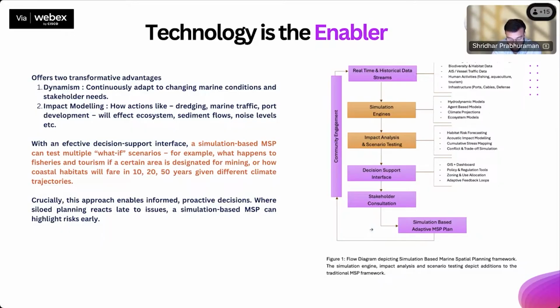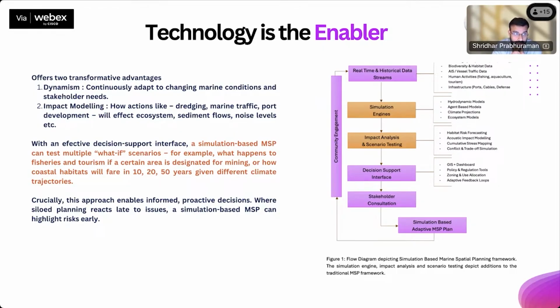And deriving back from the examples that I showed before, it is not that the agencies are not making an effort, or that they're undermining the impact of the work that is happening, but rather that there is no broader overview between two different agencies of what's happening and how it might impact the other agency, and that is what we are trying to bridge here. So what we are representing here as a simulation-based MSP has two transformative advantages.